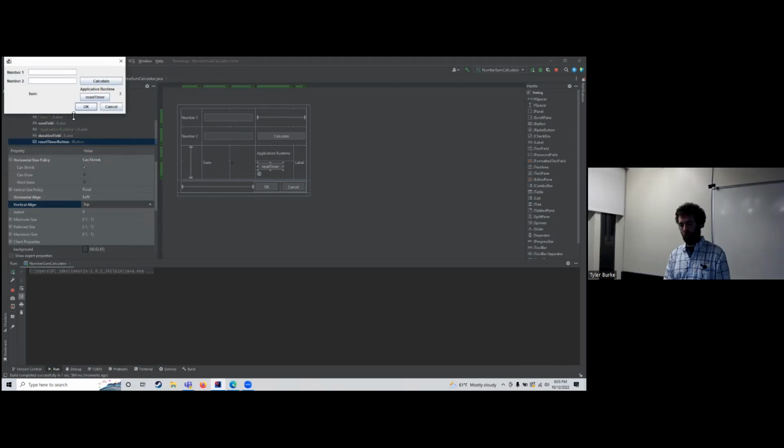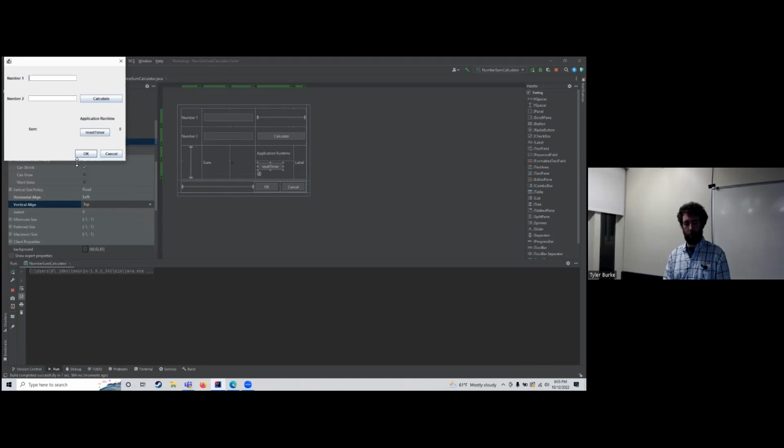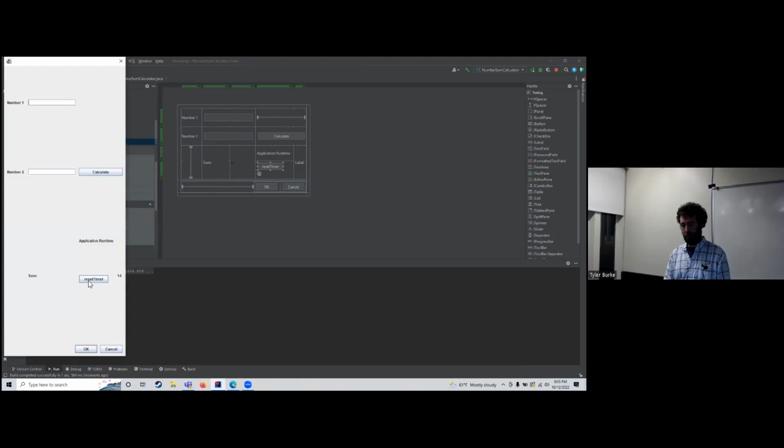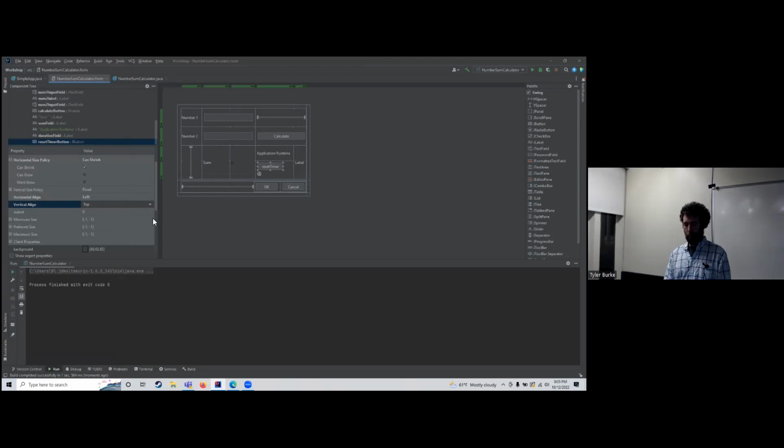And it might not look like it's going as high, but of the component that it has actually found its way into, that is the top of it. Instead of ending up way down here, it's staying fixed there. So with the indent, how far away from each side is it? Nothing too special. Minimum size,